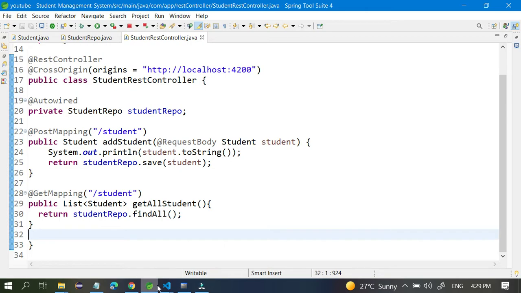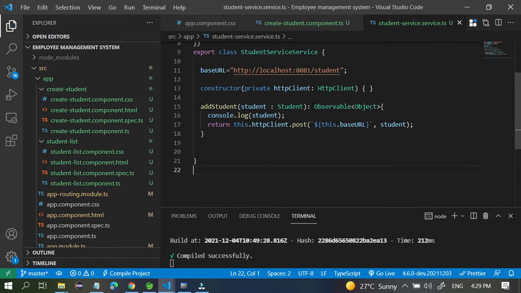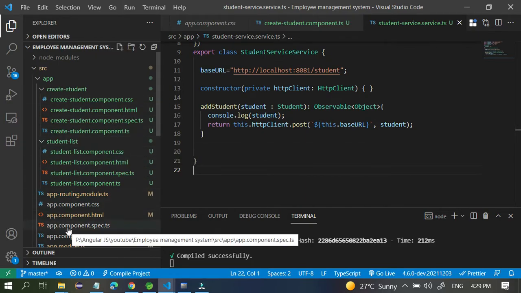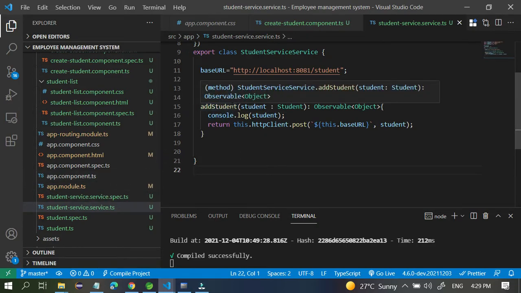So what do you have to do in your application? Go to your application, for example this is your application. Go to the service class. Where is the service class? Down below you can see student.service.ts, which we have already created. Here you have already created one addStudent method, and it is working.